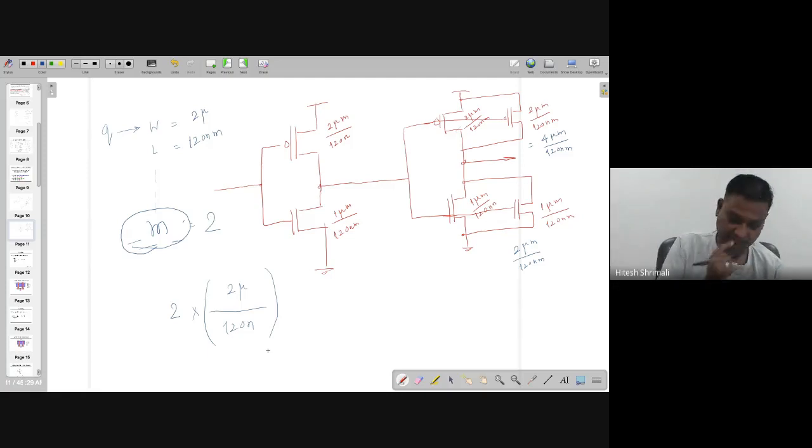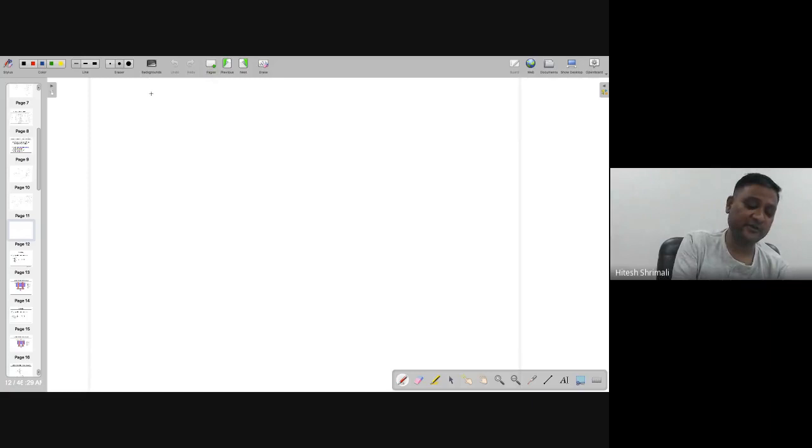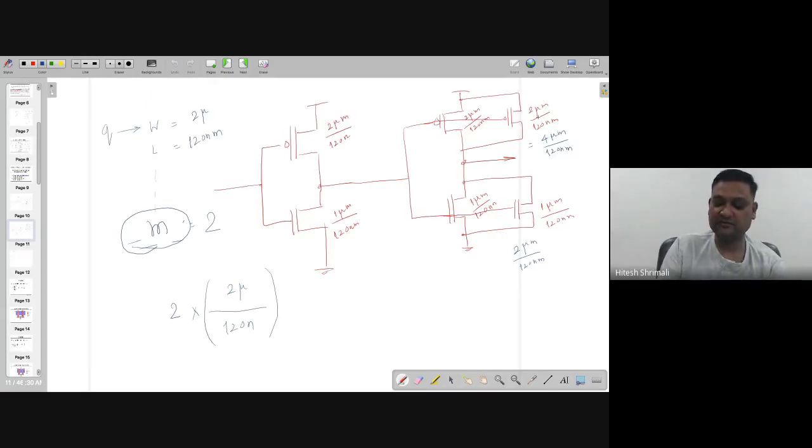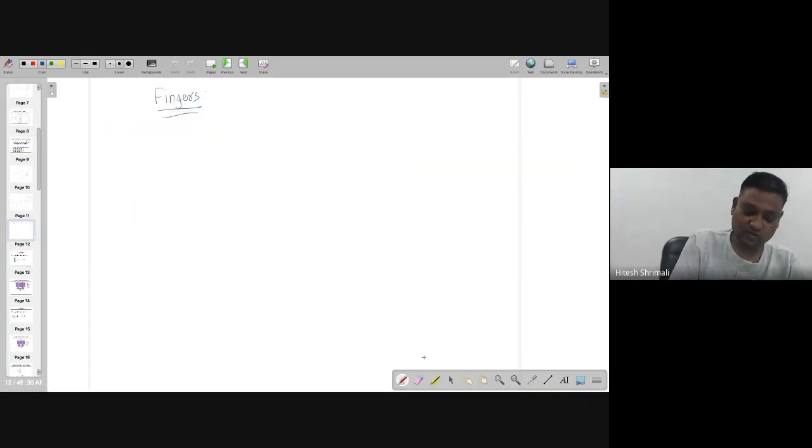transistors or resistances or capacitances will be in parallel. But now there is one more thing which is only available in the paid version of Cadence. It's known as fingers. So when it's a multiplier, you are adding so many, and its equation is very straightforward: the multiplier multiplied by W by L, whatever you have given here. So it's actually M times the W and L which you have given. Okay, before going to fingers, let's complete the multiplier completely. So what it does, I'm keeping so many transistors in parallel